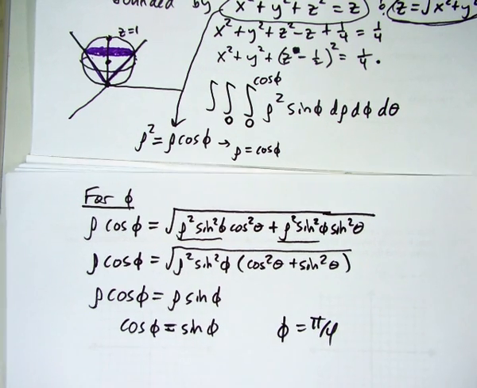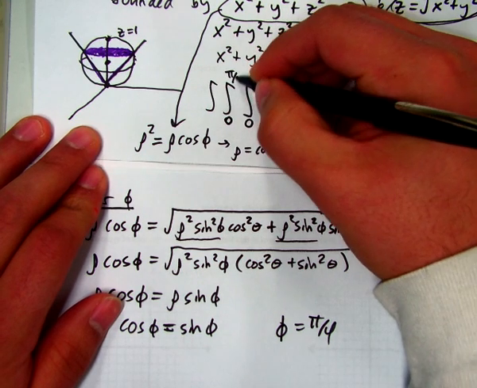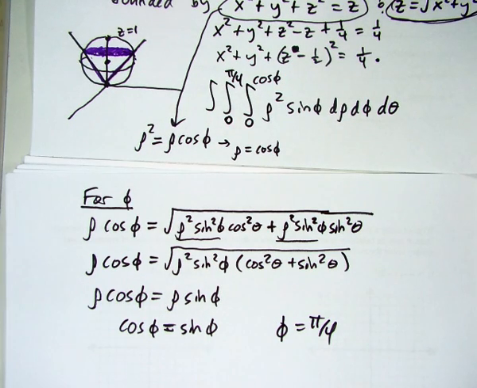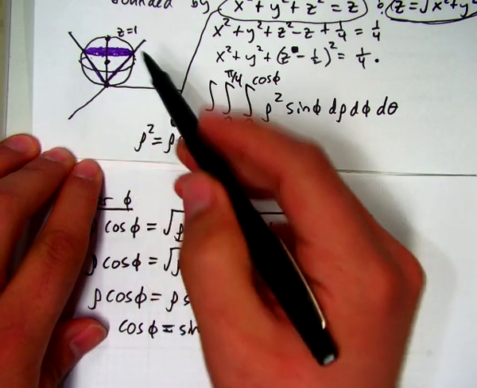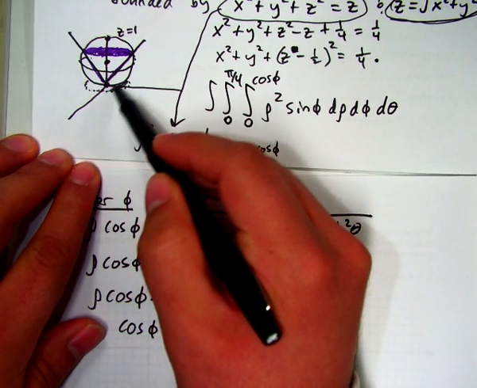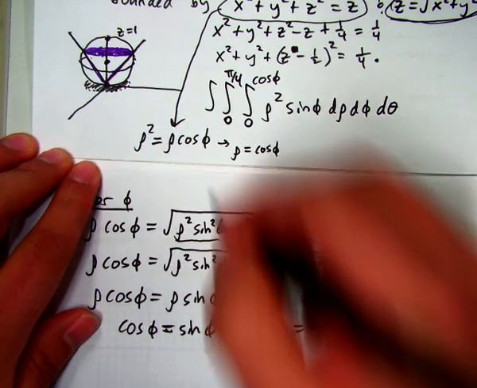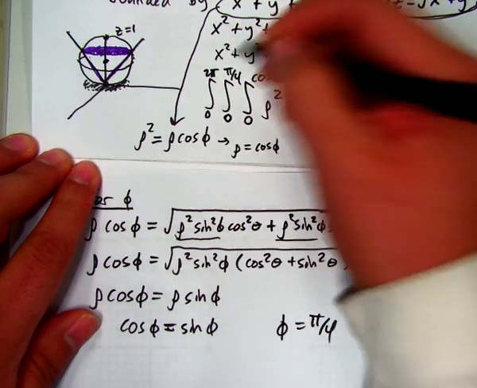So going back to the bounds, phi is from 0 to pi over 4. And now theta, remember, now we're looking here. If we have a circle on the xy plane, that's the shadow, right? Theta is going to be from 0 to 2 pi. So there's the setup. And now to calculate the integral,